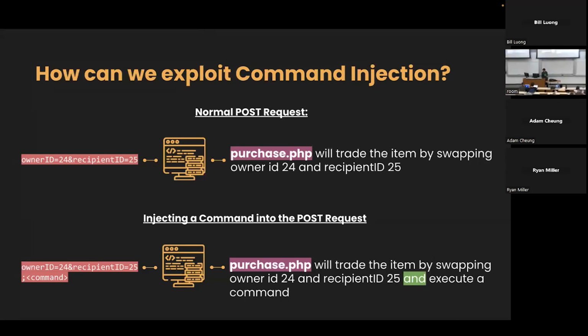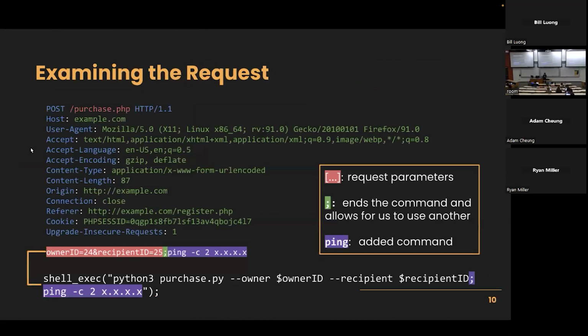So what this will look like in a Burp request, like the one we captured before, is we can see our user input passed here at the bottom, and we can append a semicolon and the statement that we want to execute, which is ping. Once we send this through,